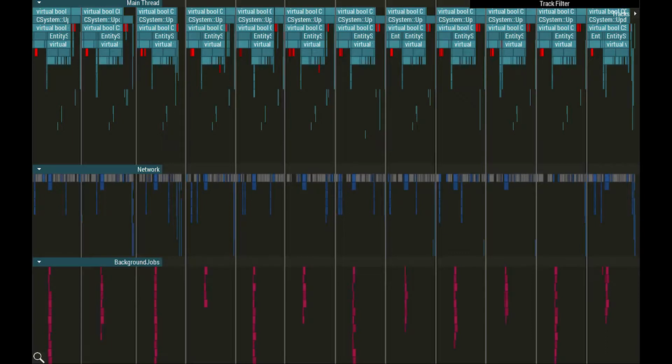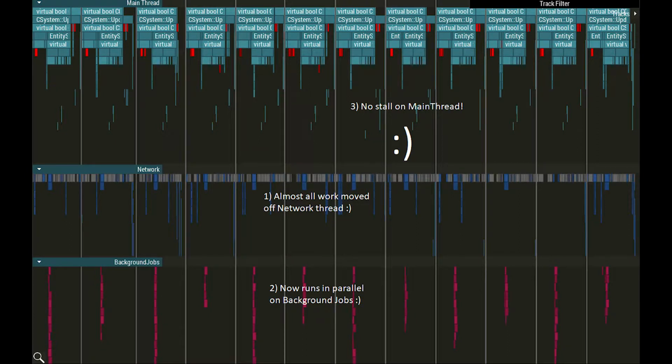And then the next part would be, okay, now we need to take that data and send it off to each of the different channels so that they know that they need to do some work, the channel being the network code's representation of a client. So that was parallelized as well. And then the final part that we parallelized was, now all the channels have got the data that they need to send, we need to actually go and send it. So that was parallelized as well. So we went from one thread doing all the work to splitting it over as many threads as we had available. On the clients, we've got the opposite situation, where